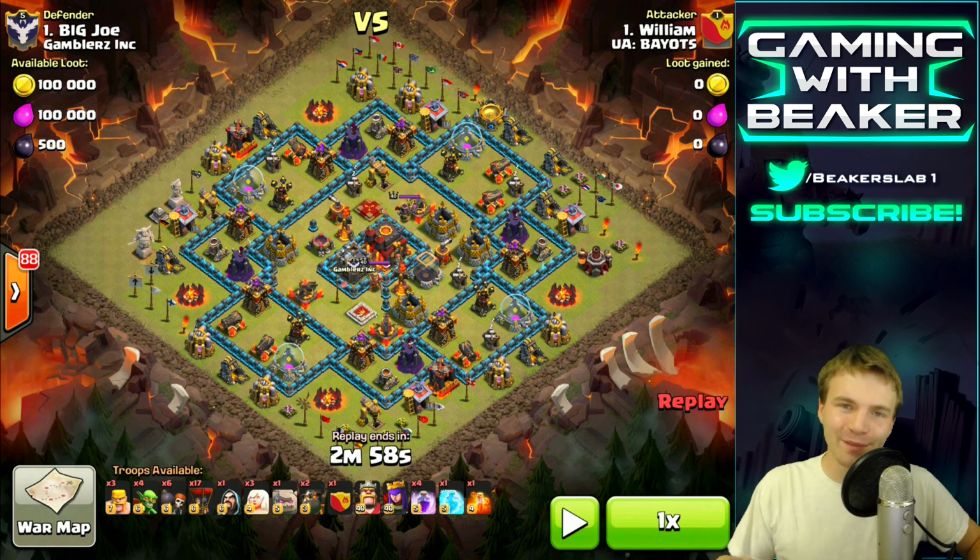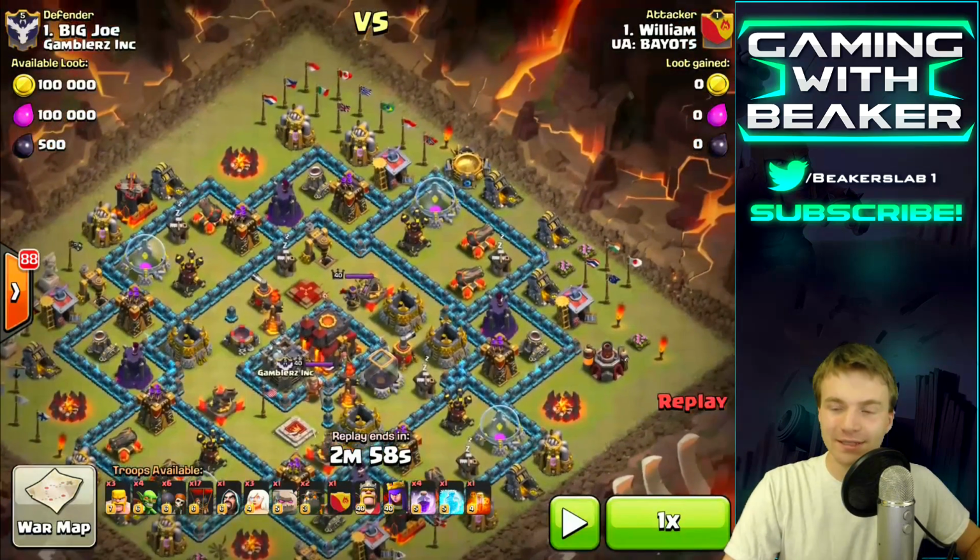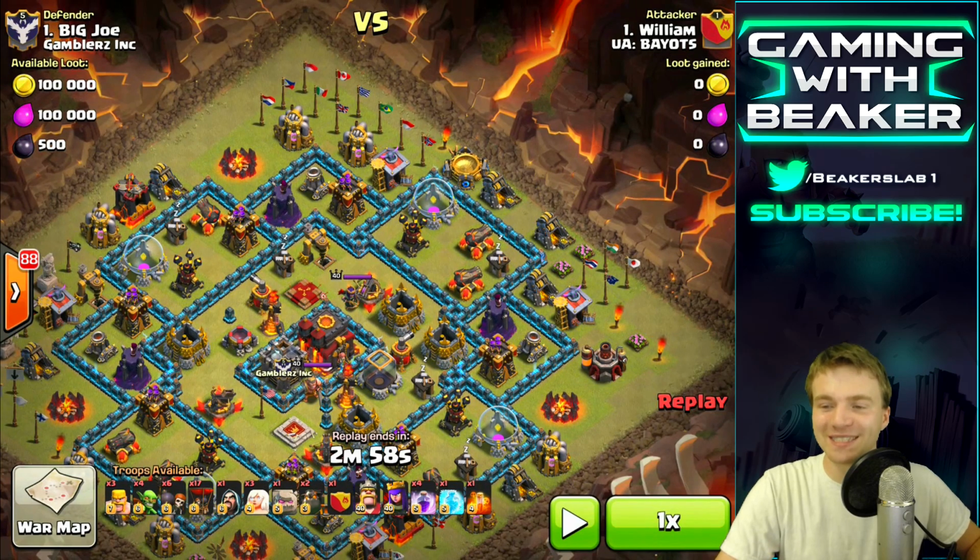And first up, we're going to show William, number 1 in the UA clan, going up against number 1 in the Gamblers Inc. clan, Big Joe. Big Joe is serious. Look at Joe's base. Joe, you are stacked. You have max walls, max defenses. It's not easy to take on bases like this for 3 stars, but hopefully William has some